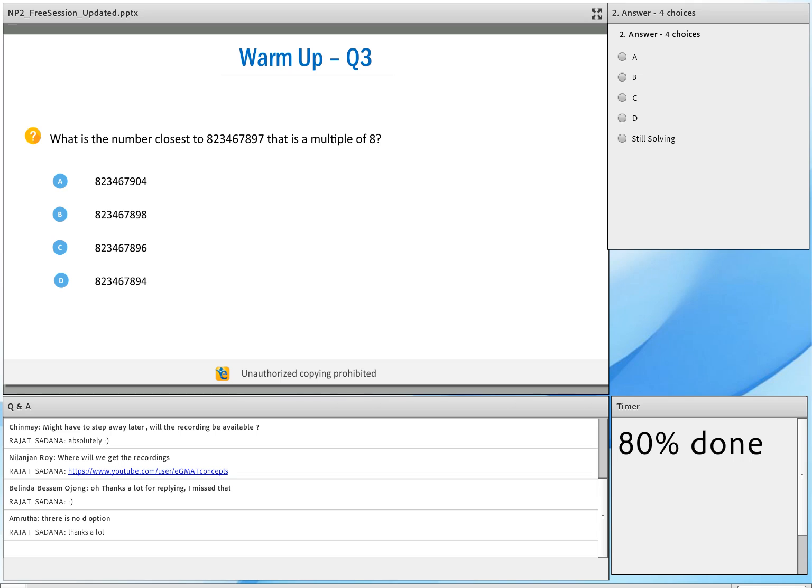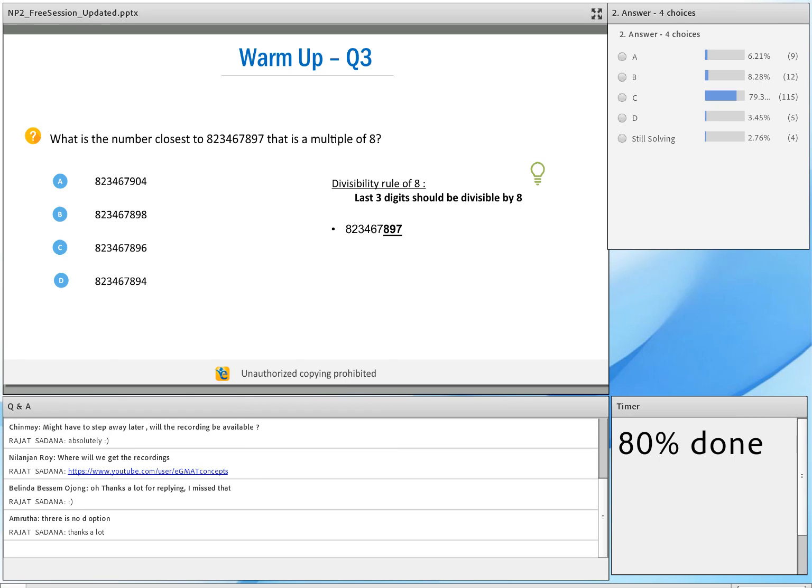All right, with that, pretty much everyone's done. Thank you very much. Let me end this poll and broadcast the results. 80% of you got this right. Essentially, it's divisibility by 8. So what's the divisibility rule of 8? The last 3 digits should be divisible by 8, which means when you look at the last 3 digits of this particular given number,